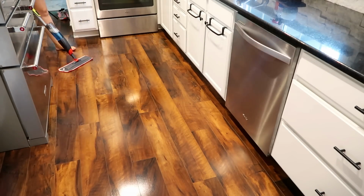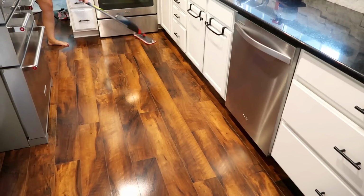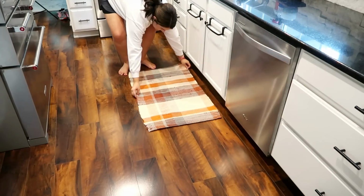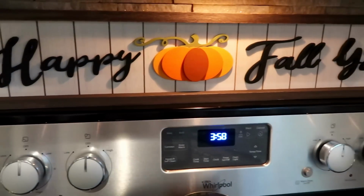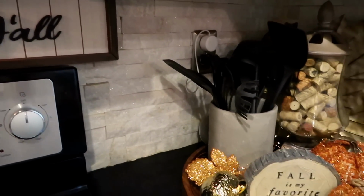I have a super small kitchen, so there's not a lot of counter space to decorate, and I try to keep it simple since my kitchen is relatively small. So that's all I'm going to do in here. I think it turned out really, really pretty. I love just all the little simple touches for fall, and I love making just really personalized things for each